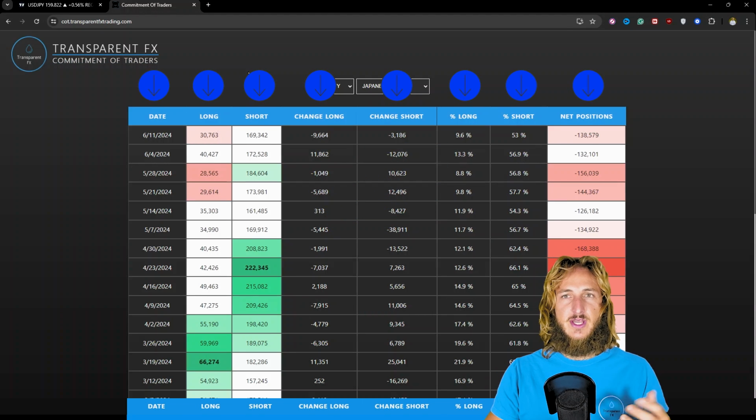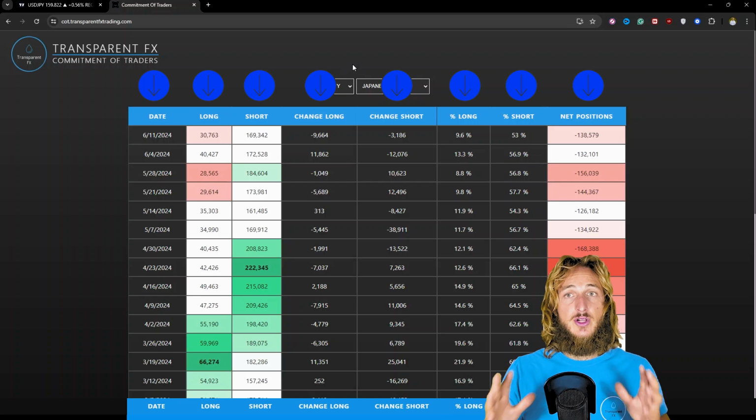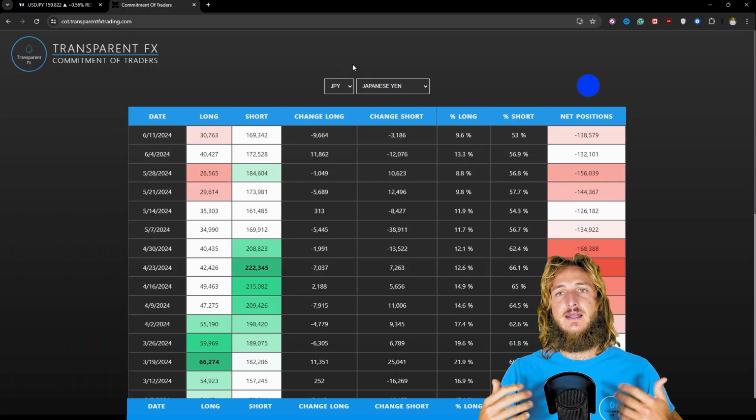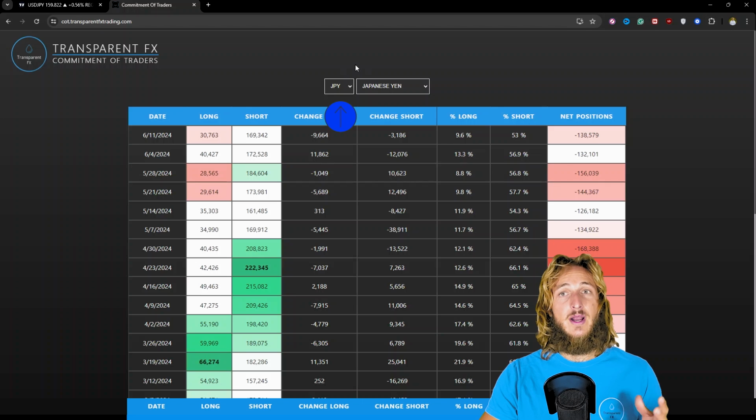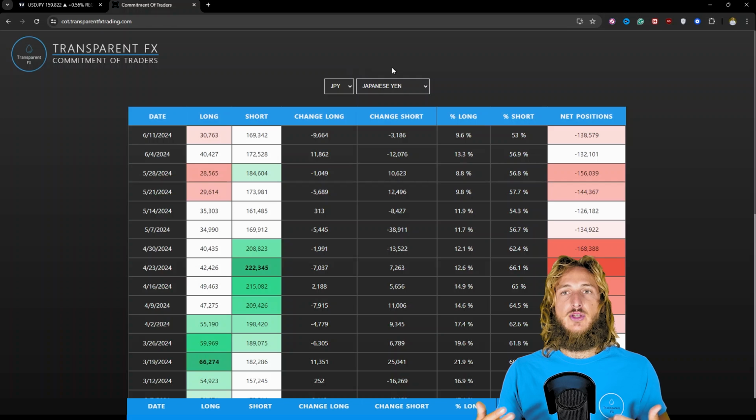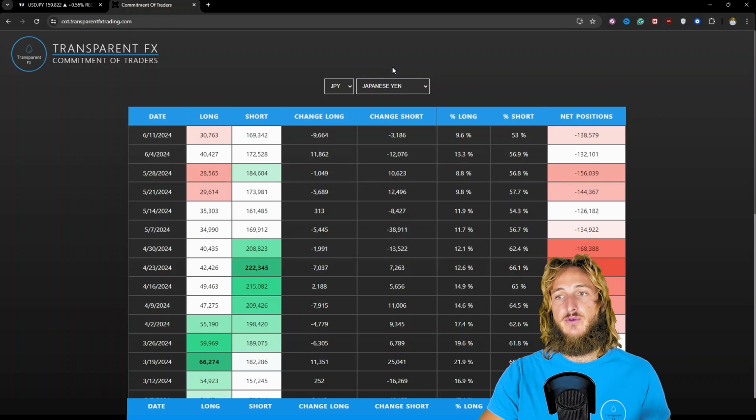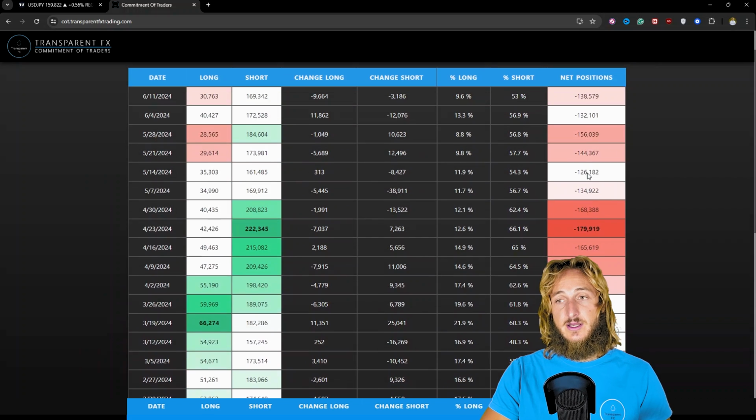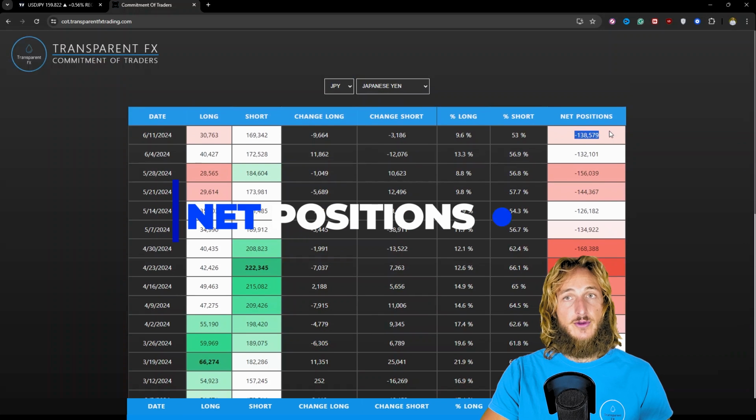So what hedge funds and the big players in the market are doing precisely on the JPY. Well, as usual, the first thing that we have to keep in mind is that if we're looking at the data for the JPY, we're actually already looking at JPY USD. And if we want information on USDJPY, we simply have to reverse everything. And what we can see here is that with the last reports, we went from minus 179K to minus 138K